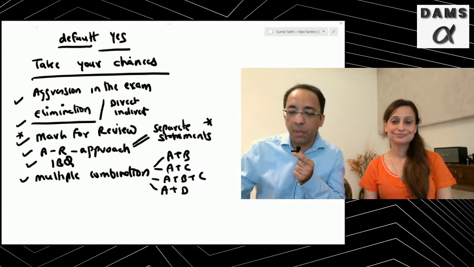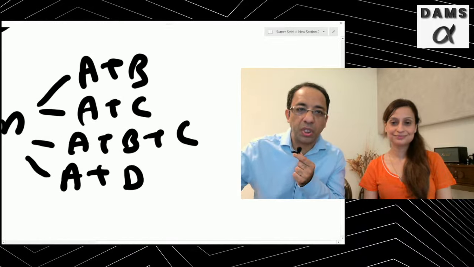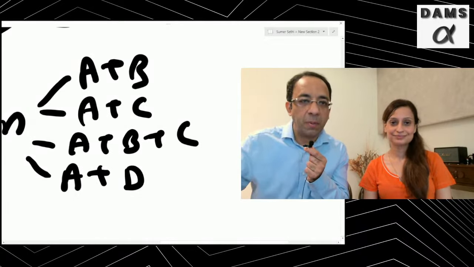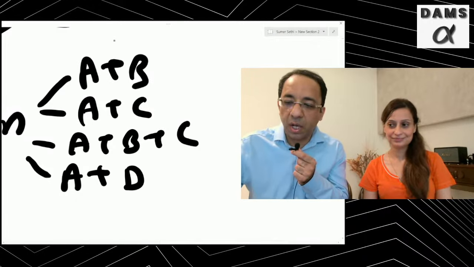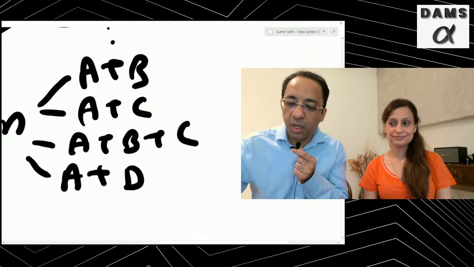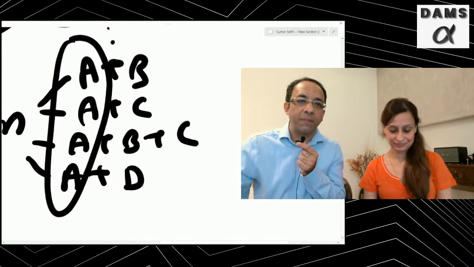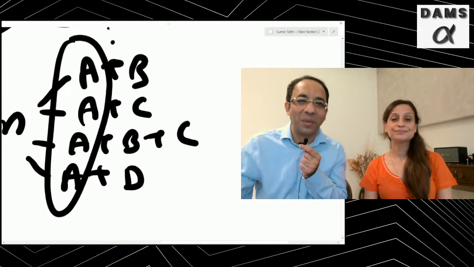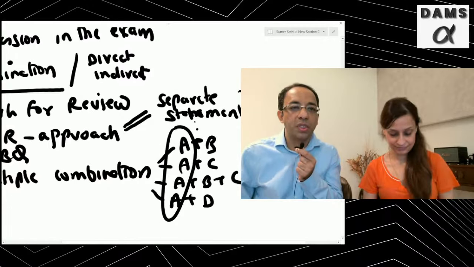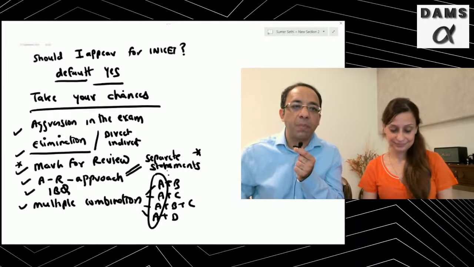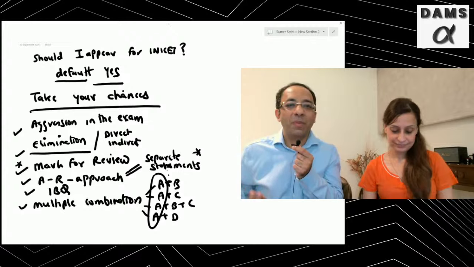In the multiple combination type of questions, I just wanted you to see these options: A plus B, A plus C, A plus B plus C, A plus D. As soon as you see these options, if I was in your place, I would ignore the A choice altogether. It will be fine anyway, so what will I do by reading it? You understand, you can save time by practicing these kinds of questions. If there is an option which is appearing in all the options, probably there is no